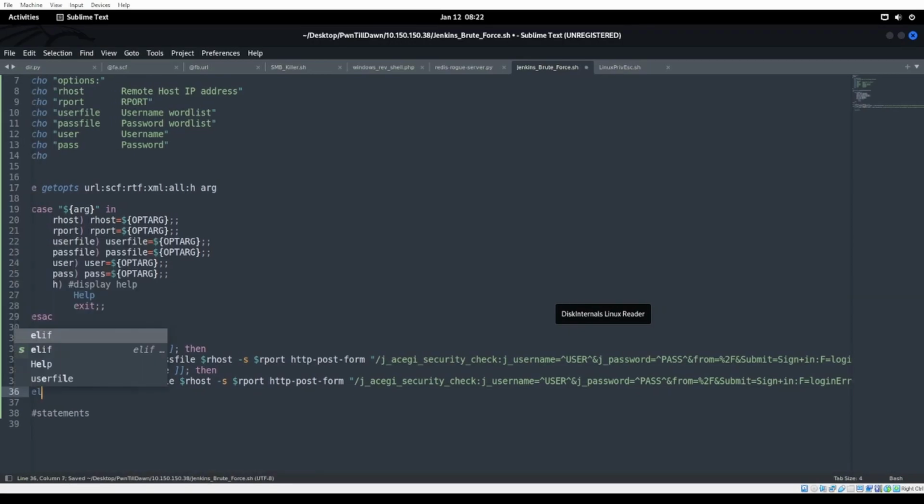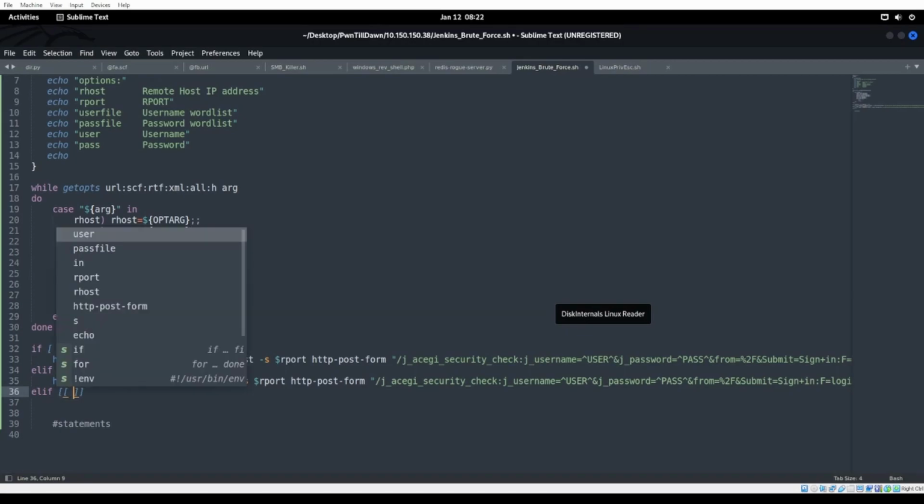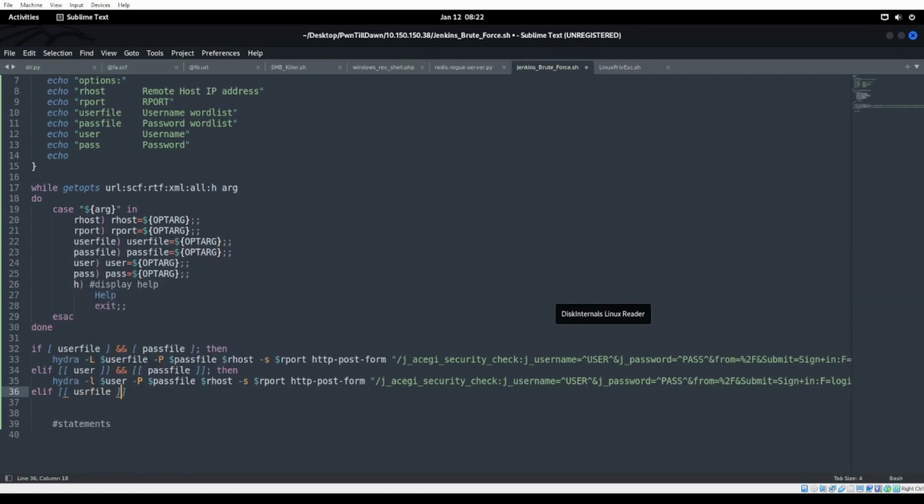Okay. Elif. Can't see. User file and pass. These should all be $ though, shouldn't they? I think they should. Oh man, we're just gonna have to give this a try and see. We might have to mess with it a lot. This one might be a on my own thing. And pass. Then